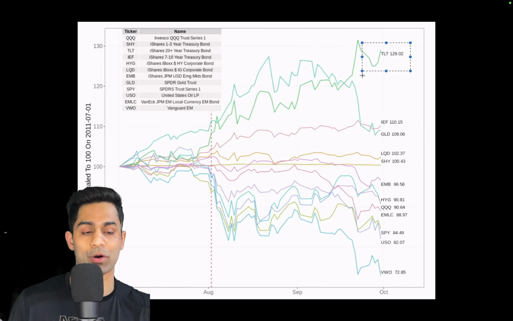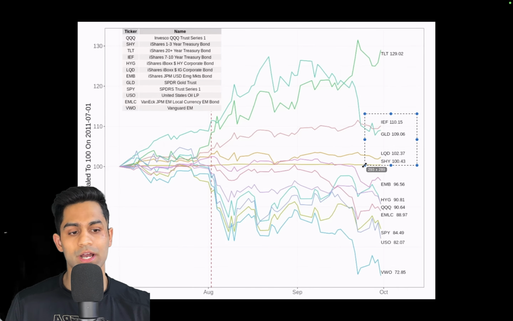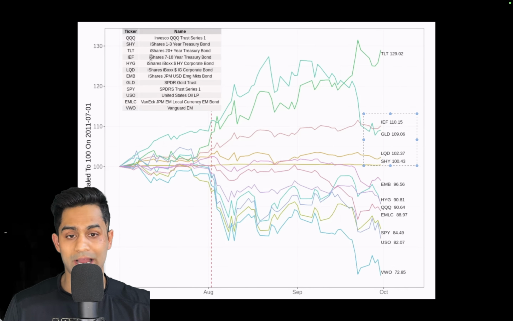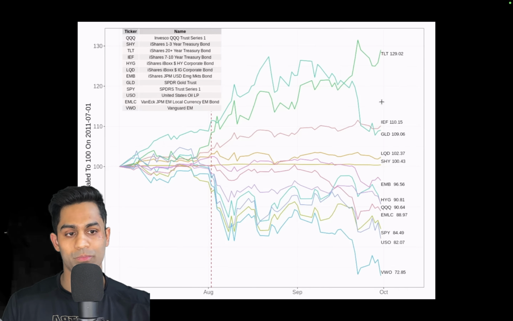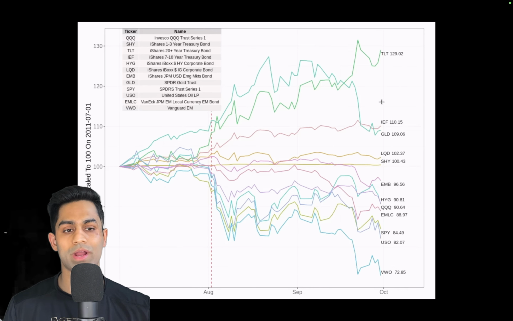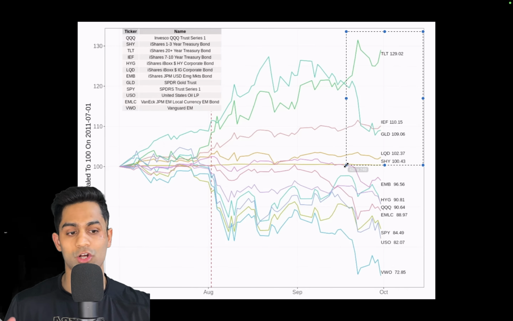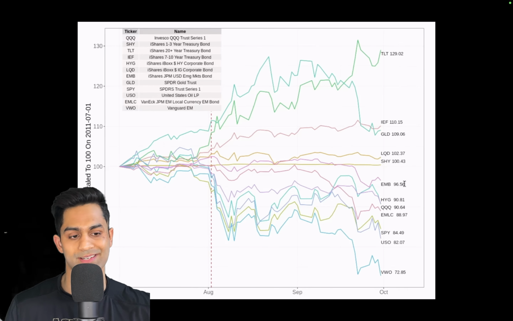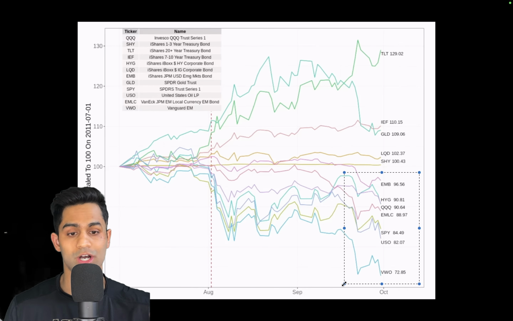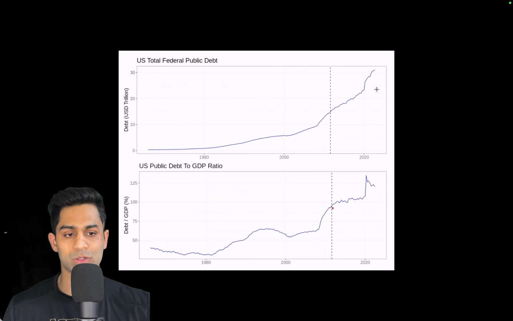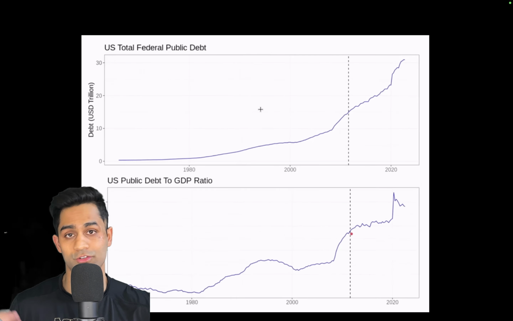TLT, which is a bond ETF. Then we also had gold that did really well, and IEF, the 7 to 10 year treasury bonds, as well. So as soon as the debt limit was raised, that risk went away, the fear of non-payment went away, the fear of default went away, and bonds actually ended up doing well along with gold. But some of the riskier assets still underperformed and actually sold off. So those are some potential hedges that we will look into as we get closer to the June date, the